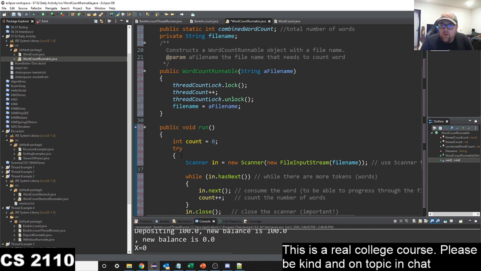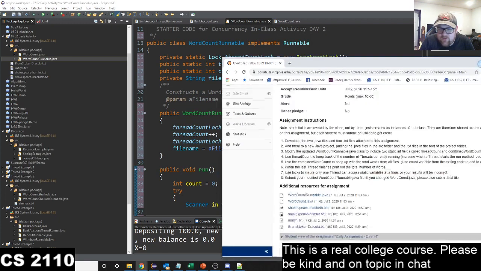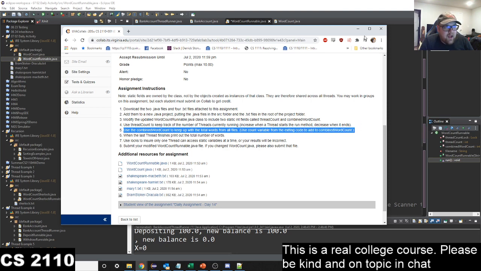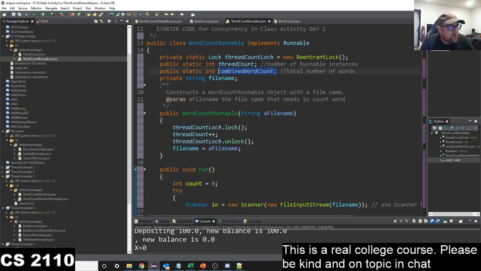Alright. So now, we have that. But we also want to get the combined word count. So let's read the directions, see what it wants us to do. We've done step 4. Now let's do step 5. Use the combined word count to keep up with the total words of all files. So that means I want the total number of words. Now, how do I get the number of words from an individual file? Well, I get count. And so what I'm going to do is, after this loop is over, after I'm done looping through the file, I'm going to take this value count and I'm going to increase combined word count by